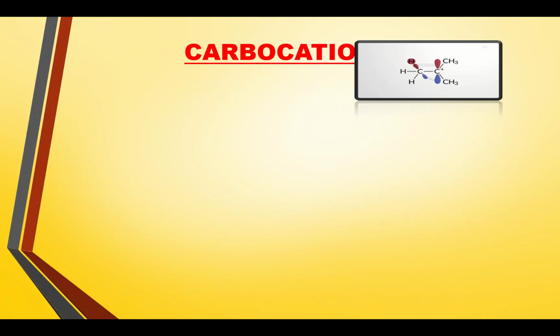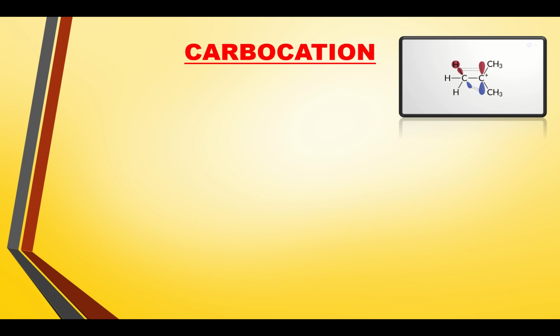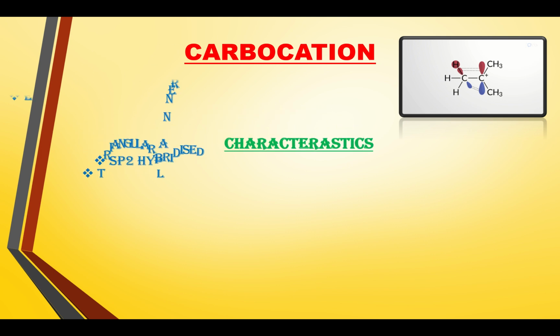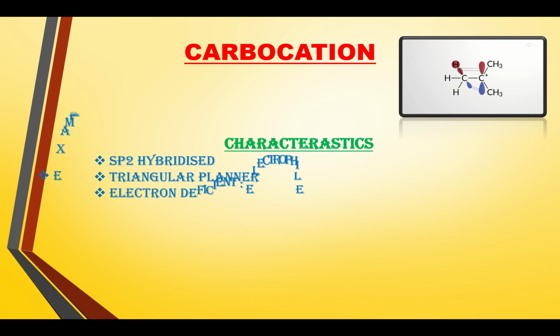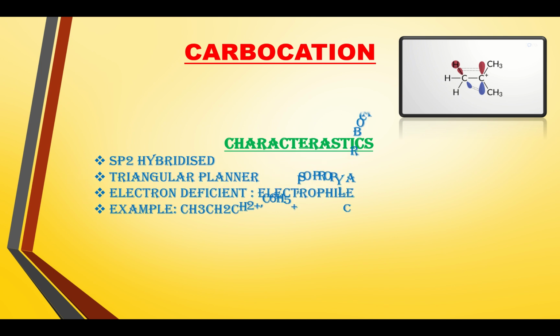Now next we come to the carbocation part. Here you can see the image of this carbocation. It's an ethyl carbocation. Now comes the characterization of the carbocation. It is sp2 hybridized, trigonal planar, electron deficient, that is an electrophile, an electron lover. These are the examples that you can see: propyl carbocation, benzyl carbocation, isopropyl carbocation,